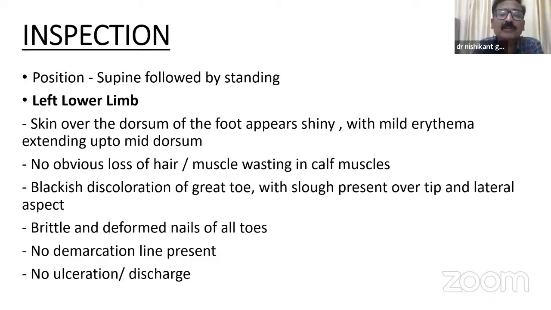Right. But you have mentioned that there is no line of demarcation. Yes, sir, there was no line of demarcation, sir. What does it signify? Sir, it means that still there is no visible separation between the viable and the non-viable tissues at present. What is the difference between dry gangrene and wet gangrene? Sir, in wet gangrene, there will be associated superadded infection, and there may be clinical signs of